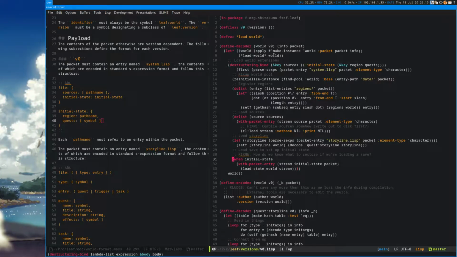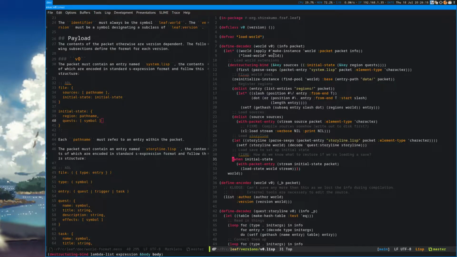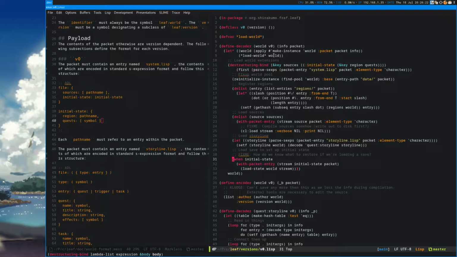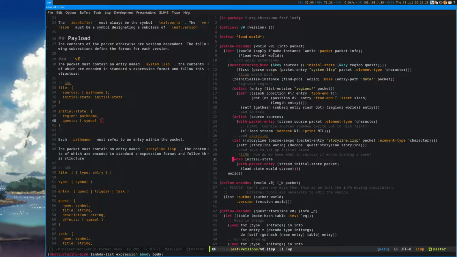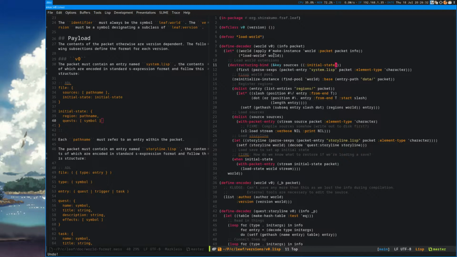Actually, let me think about this. Yeah, no, it is a save state. This initial state is a save state after all. It's just a very simple one. One that just says which region we're in and whichever quests are active by default. So never mind, this should be a save state after all.